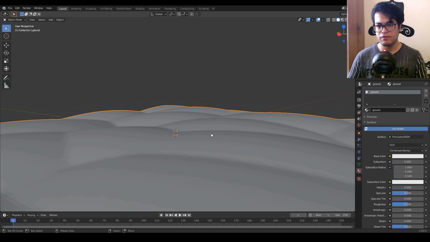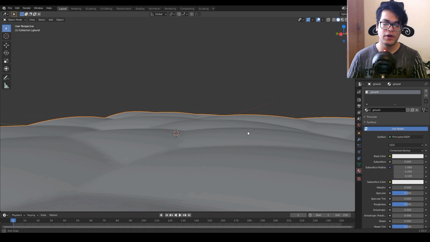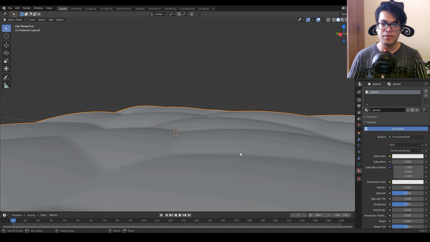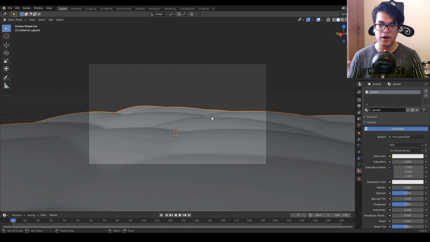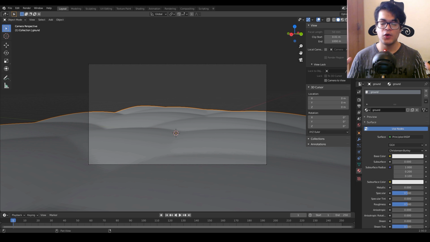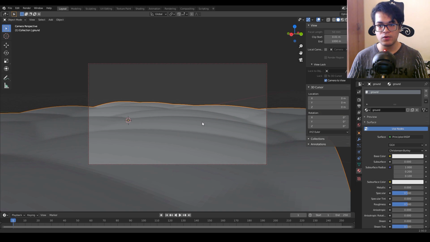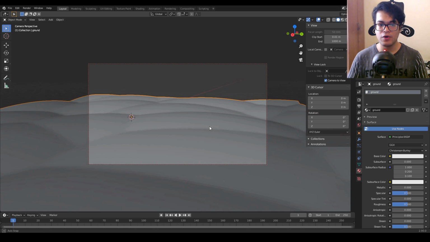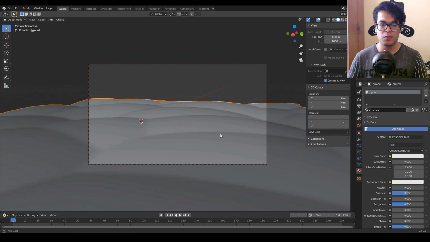Now while we are here, we'll position the camera. So in order to position the camera, you can press Ctrl Alt number pad 0 and that shortcut will snap the camera to the viewport position. Further, you can go under the view tab and you can turn on the lock camera to view setting, and by doing that you will be able to move the camera as you navigate through your viewport. So just position your camera in a good spot.